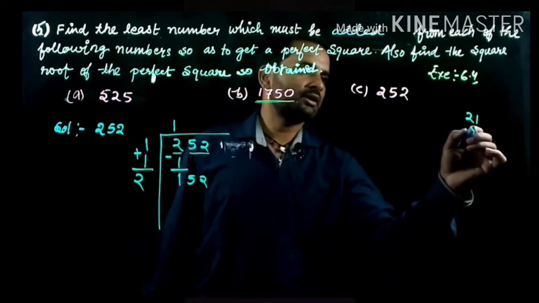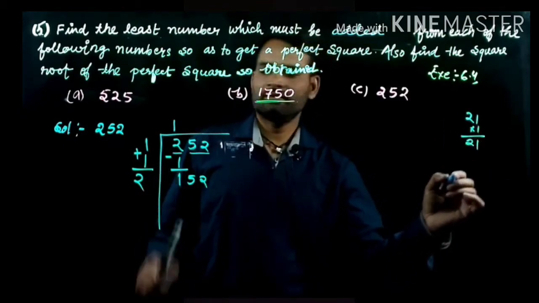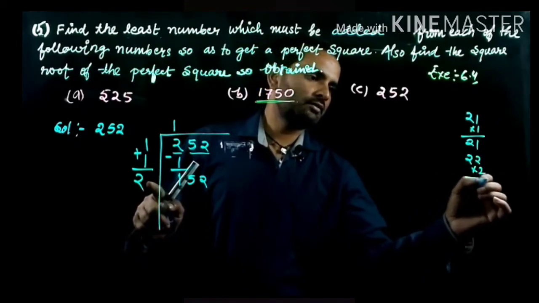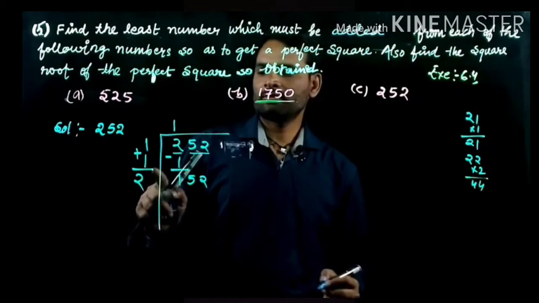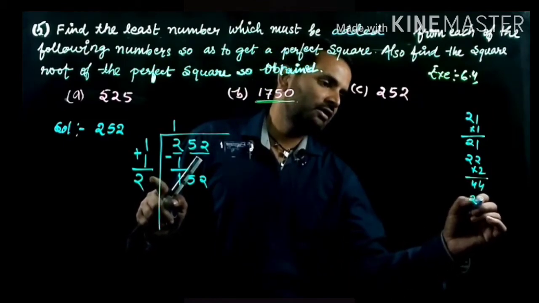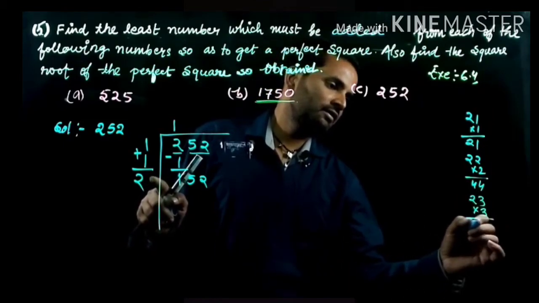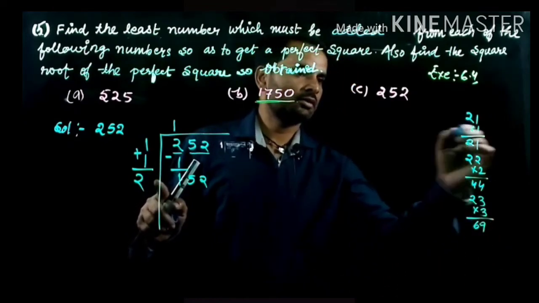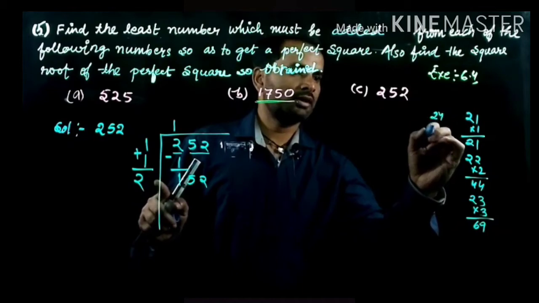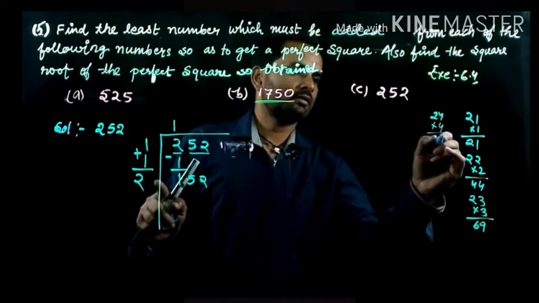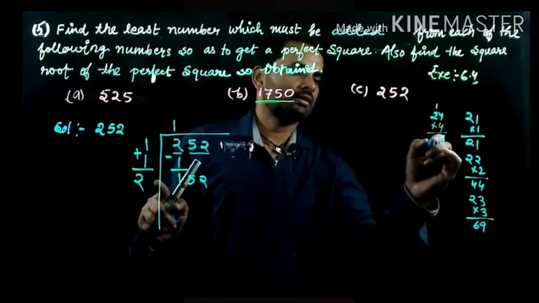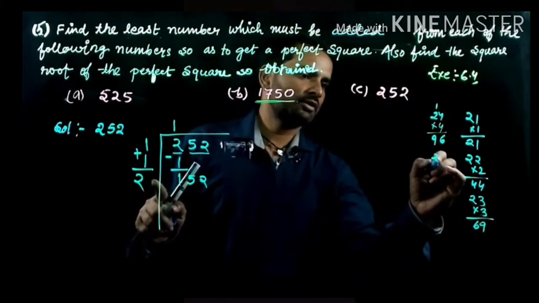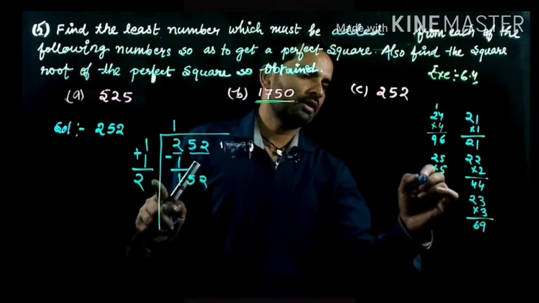Okay, first multiply by 1, it is 21, second write 2. Suppose 2, 22 times 2 is 44. Suppose you write the 3, 23 times 3 is 69. Suppose you write the 4, 24 times 4 is 96. Okay, suppose you write the 5, 25 times 5 is